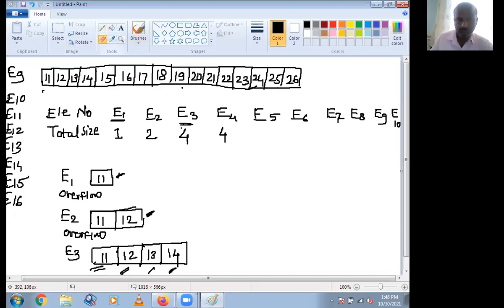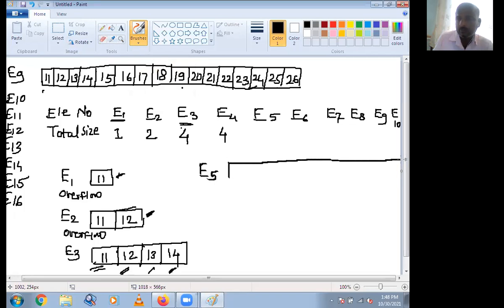Yes. Okay. Whenever you are going to insert the fifth element, suppose here you want to insert the fifth element. Whenever you have entered the fourth element, at that time the table becomes overflow and you want to insert the fifth element E5, then there is no space.